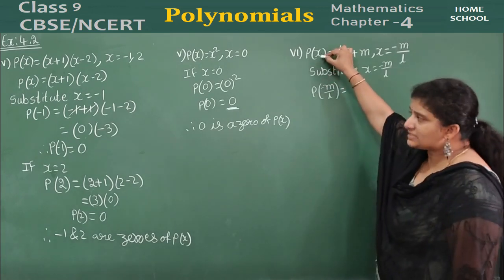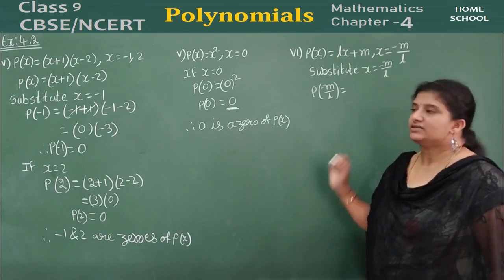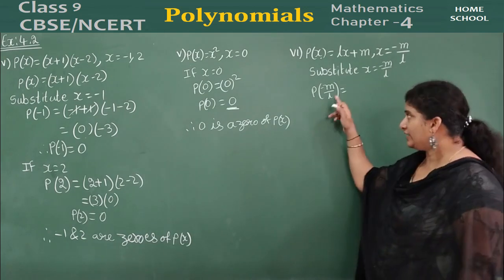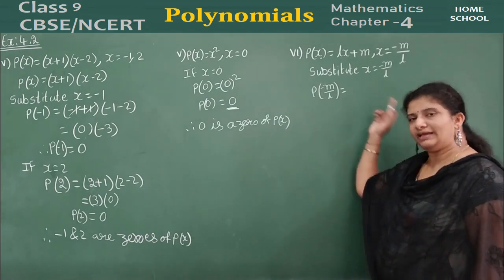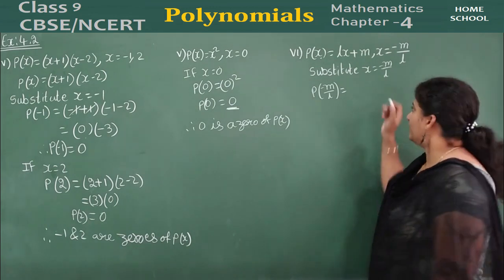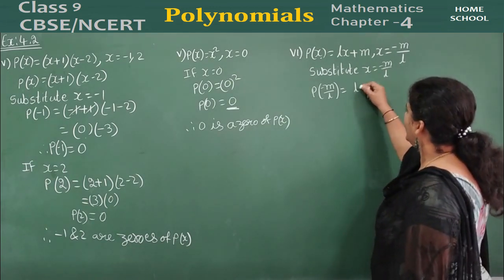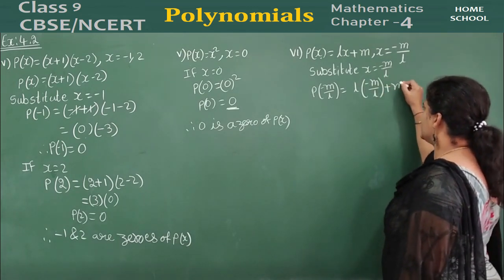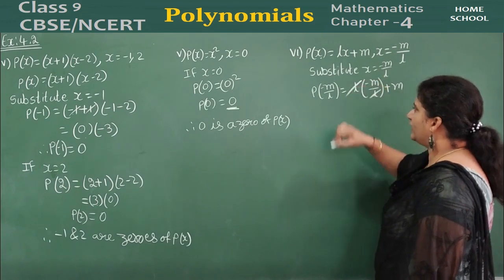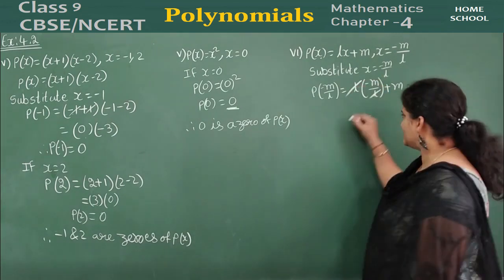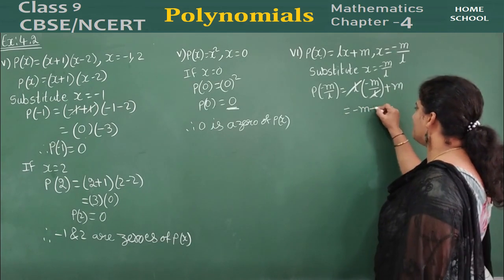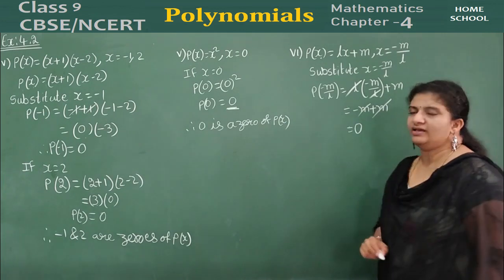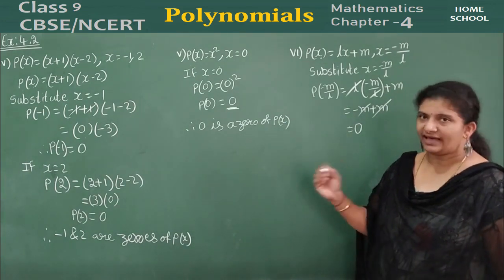See here children, in this place also you need to change. Some children will forget this left hand side, they just write P of x. You need to change the x value here and then continue in the right hand side part. That is L, x value minus m by L, plus m. This denominator L and numerator L will be cancelled. You are left with minus m plus m. Minus m plus m will be cancelled. That will be 0. 0 is your answer.